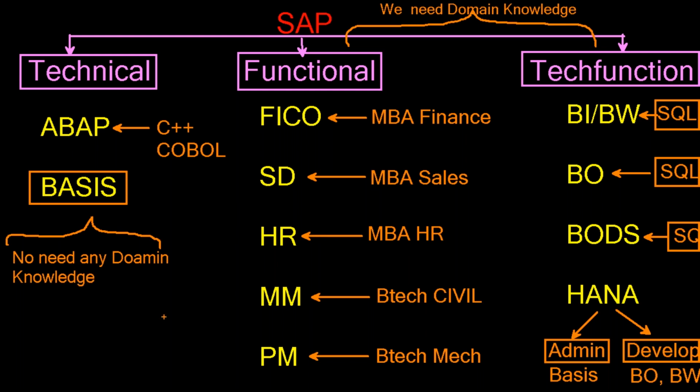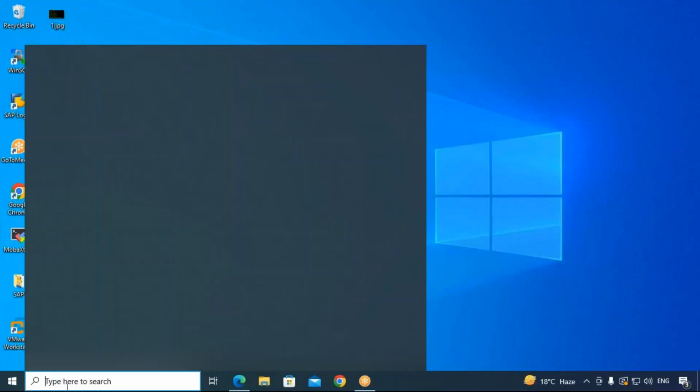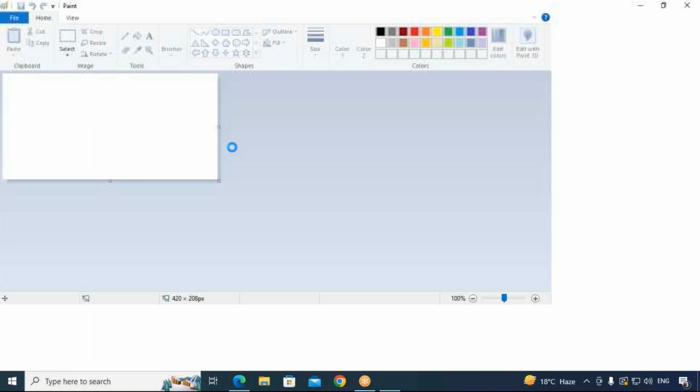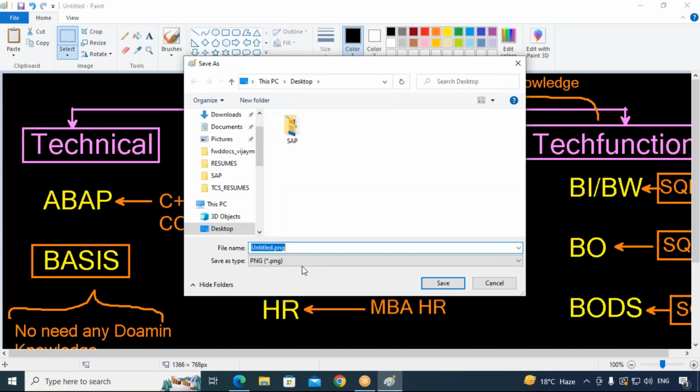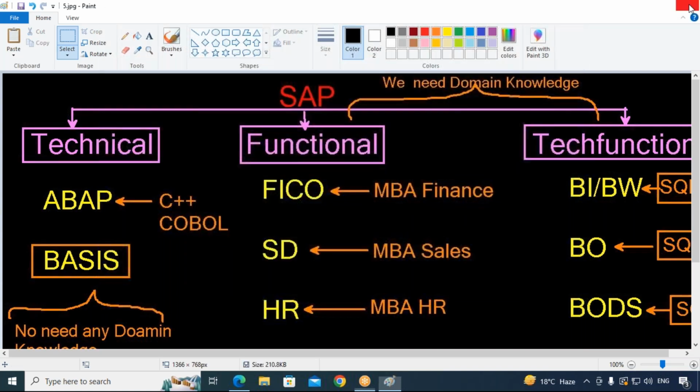So this is the first advantage of learning SAP basis: no need for any domain knowledge. So that's why SAP basis only? Why not other modules? This is the first point. The second one is